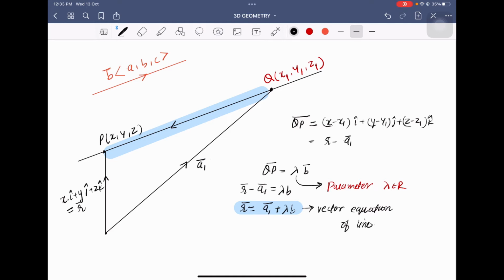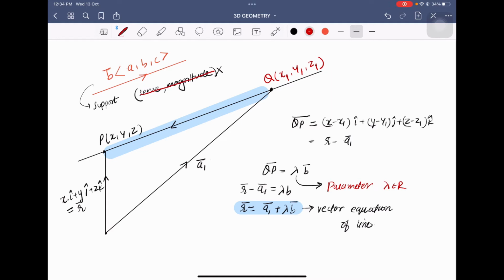Now this is the vector equation of a line. For this we require two things. The most important thing is any one particular position vector, or a point lying on this line, and the second was any parallel vector. For this parallel vector, only the support is necessary. The sense and the magnitude do not matter.